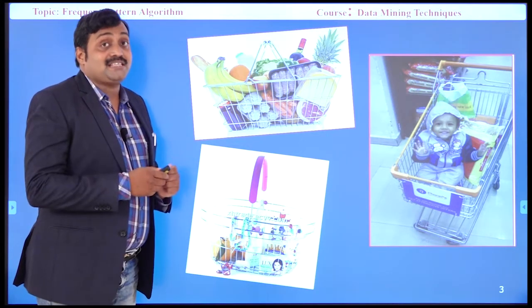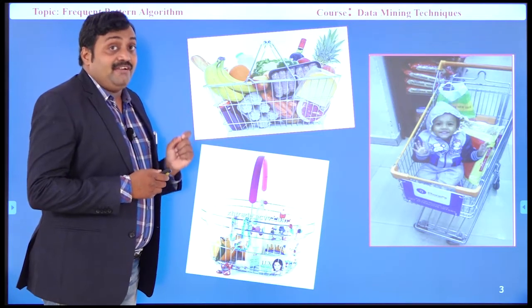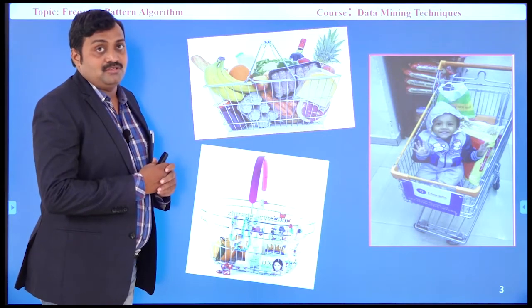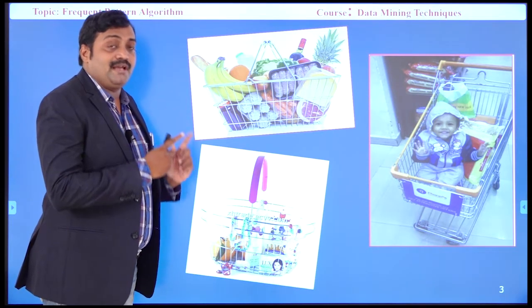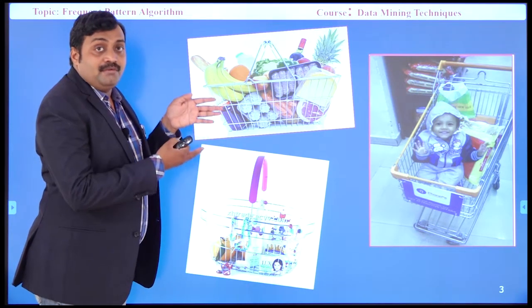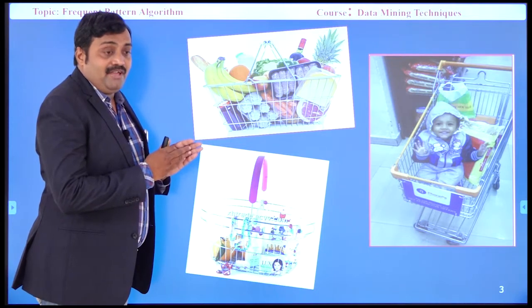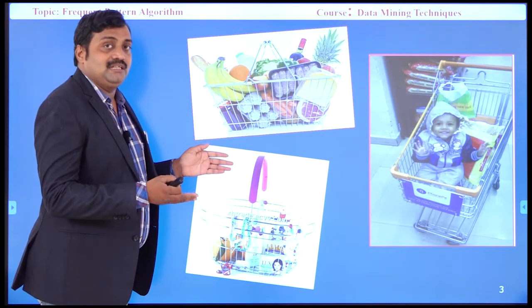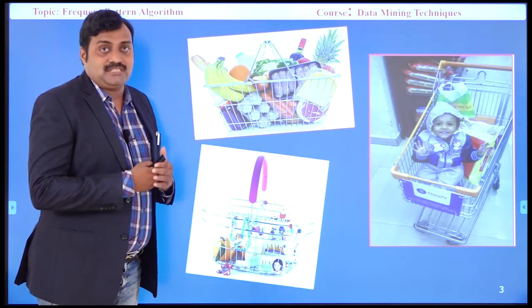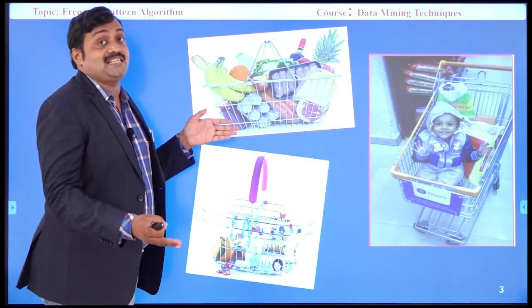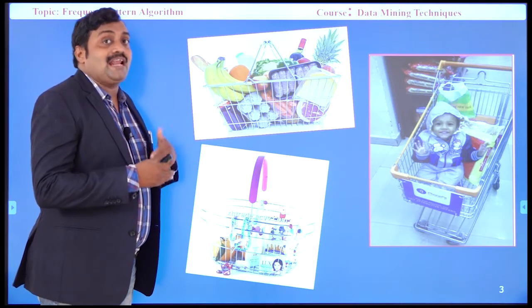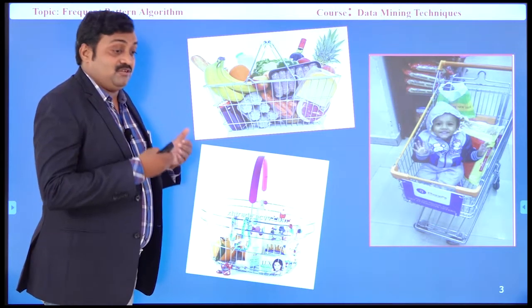Now our task is identifying the frequent items purchased throughout the transaction database. In a supermarket, there are a lot of transactions every day. Considering 1 month of transactions, there is a chance of hundreds or thousands of records. If I take a 1 year transaction database of the supermarket, lakhs of records are available. Now I want to analyze those 1 lakh or 2 lakh records.